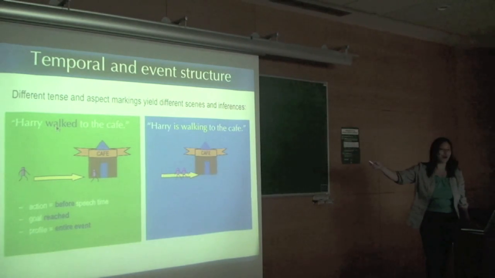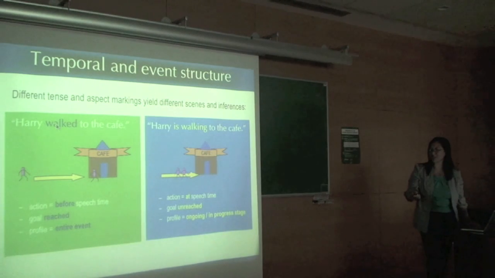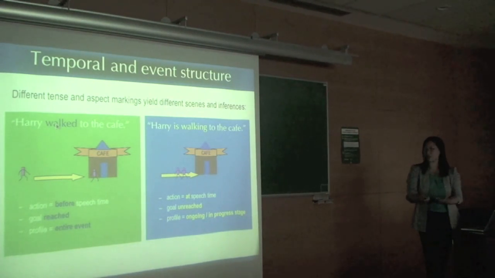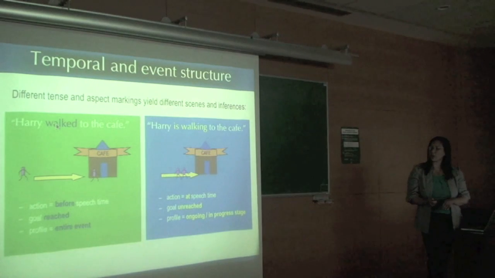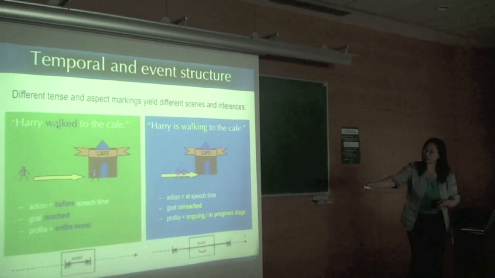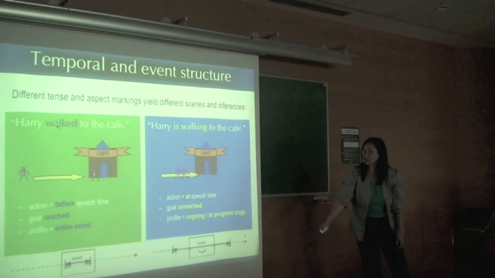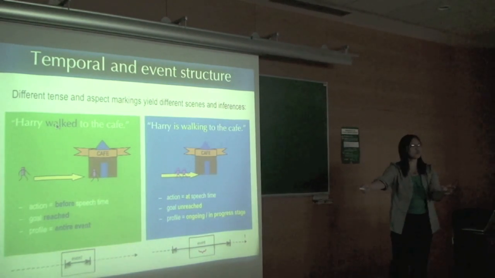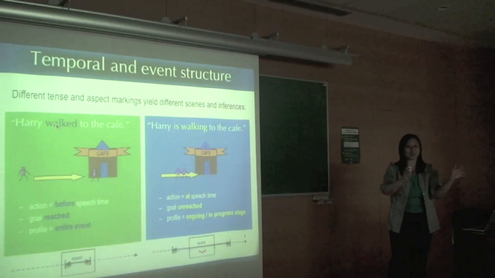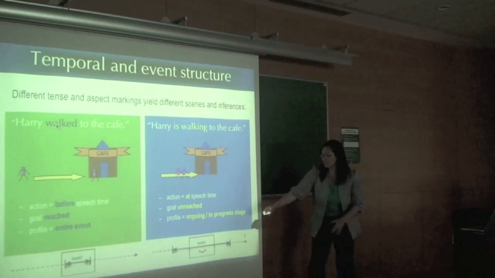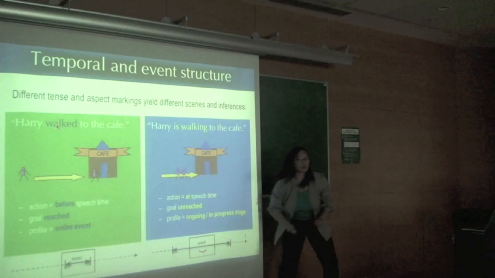And moving along, so this is a little dynamic representation. It's happening as we're speaking, it's true right now. The goal hasn't been reached. If you ask, is he at the cafe or not? He is not. And somehow you're looking at a more focused part. Another way of depicting this might be that in one case you have an event looked at as a whole, think of this as a little timeline: this motion happened, and he wasn't at the cafe, and now he is. And in this case, maybe there's a motion, and you're focusing on one little part of it.